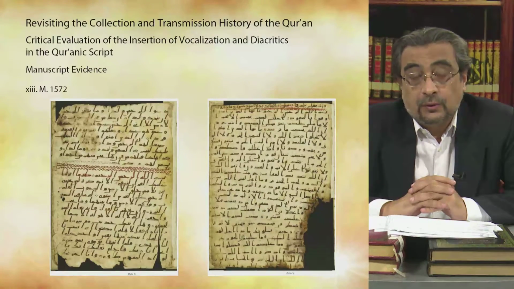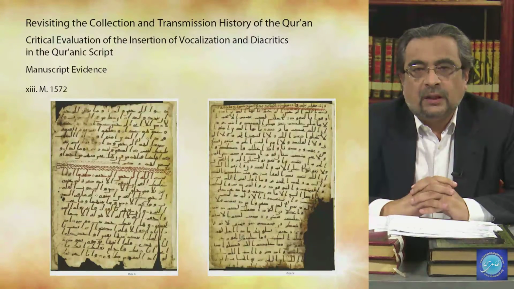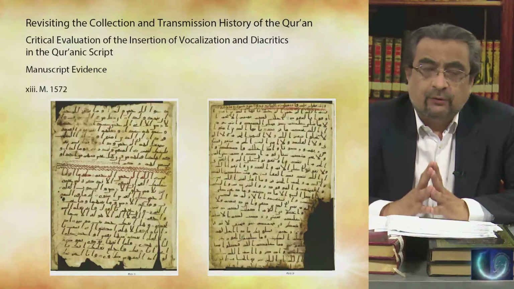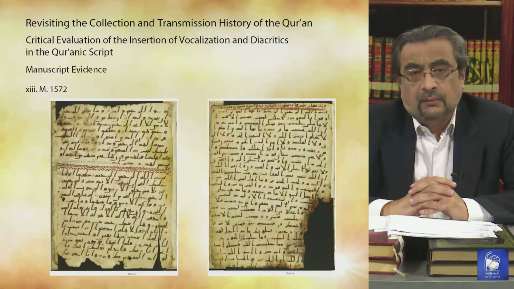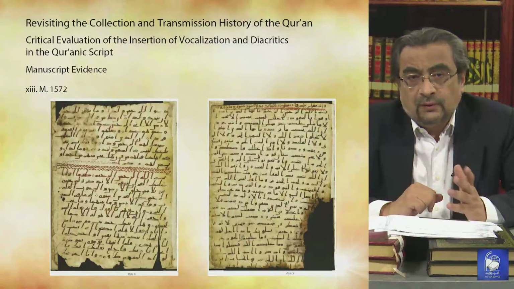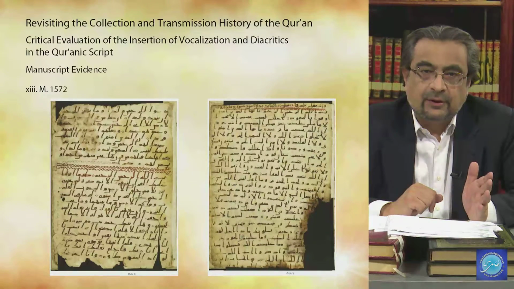The consonants here are also differentiated by dashes, and the Mushaf is partly vocalized with red dots by perhaps a later hand. So this can clearly be seen: there are black dots or black dashes which differentiate the consonants, and there are partially red dots as well. And this is also something quite natural, that we would definitely have found Masahif which have the red dotted scheme and the black dotted scheme at the same time. But this is because they do not in any way hinder, or negate, the premise that has already been established earlier, and that is